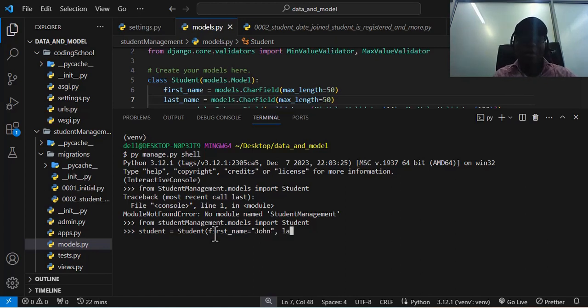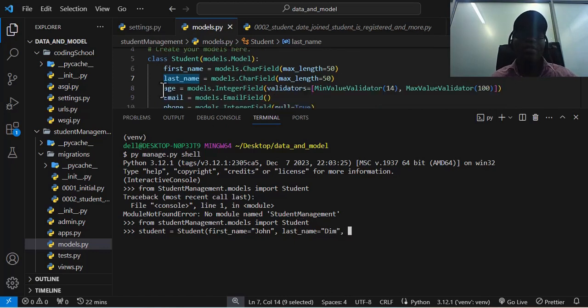The comma, last name. I'm looking at the entry here, so let me just copy it here. Let me set this to Dim, something, anything. I look at the next field, which is age,